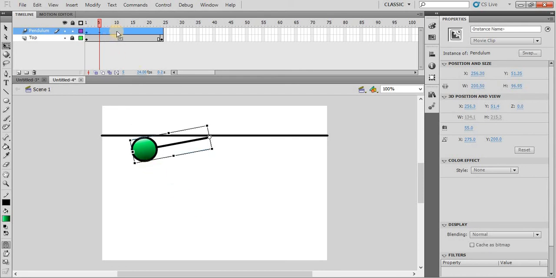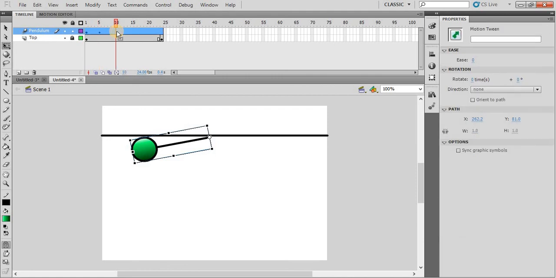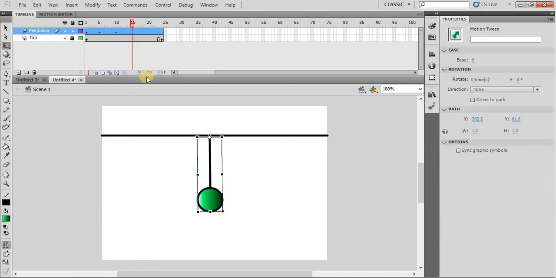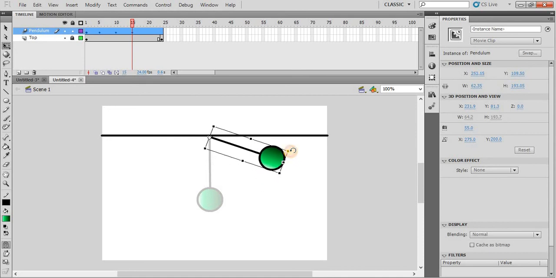At frame number 10, press F6 again. It should come back to its original position. And then at frame number 15, press F6 again, and then it should go to the right side.